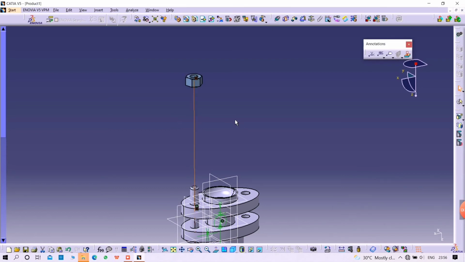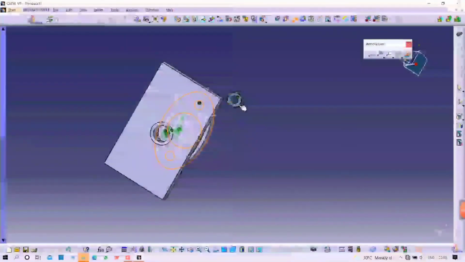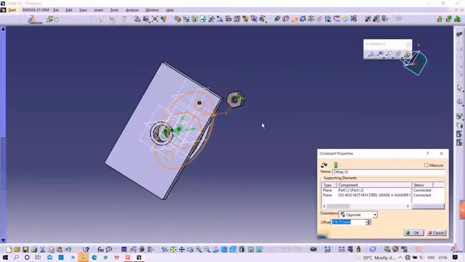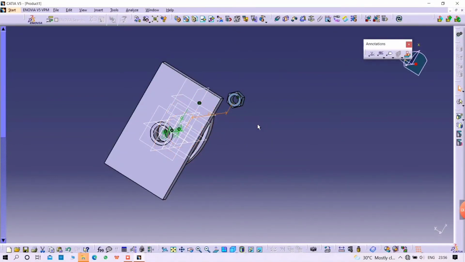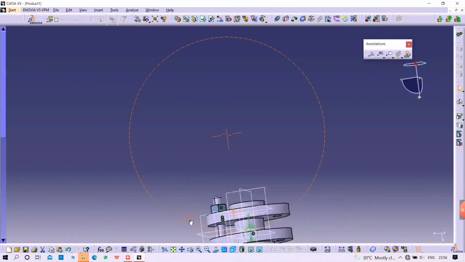Now Control plus U to update, and after that offset with surface of the top face and bottom surface of the nut. Here offset distance of 0 mm. And Control plus U to update it.